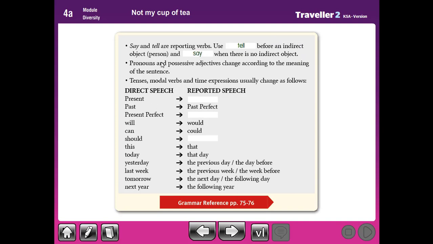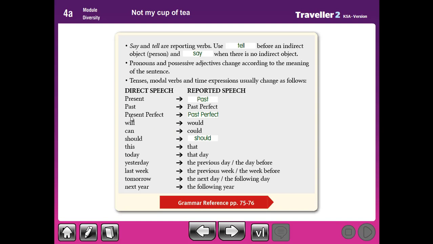Here we have to change the pronouns. We have to change the possessive adjectives like my, his, and so on. We have to change the tenses. We backshift tenses. We have to change the modals like will to would, shall to should, may, might, and so on. Here we have the tenses. Present into past. Very good. Past into past perfect. Present perfect into past perfect. Will into would. Can into could. Should, don't change should. So we have should, no change. Like if we have past perfect, we don't change it. Past perfect, so no change.